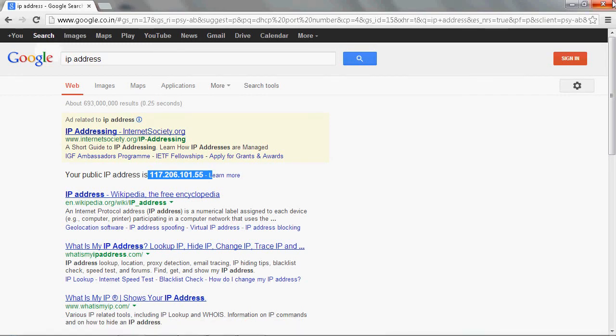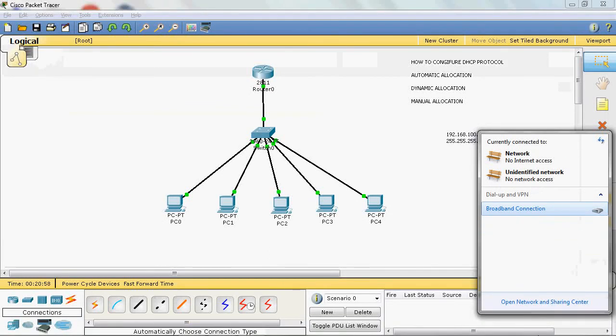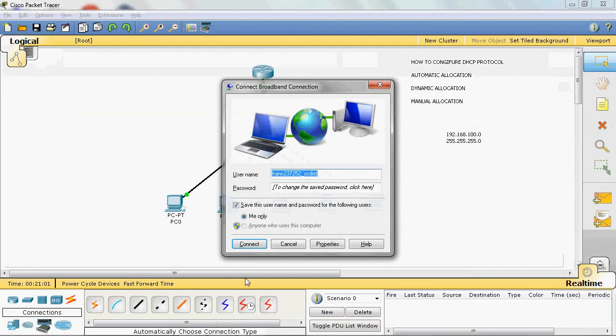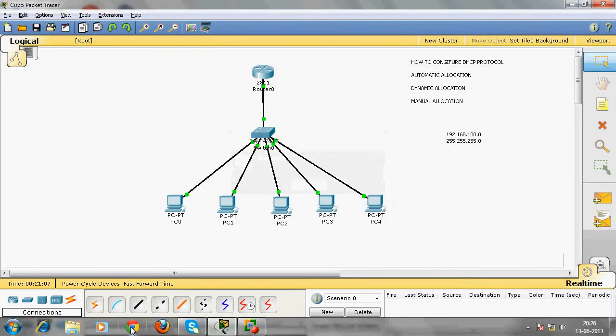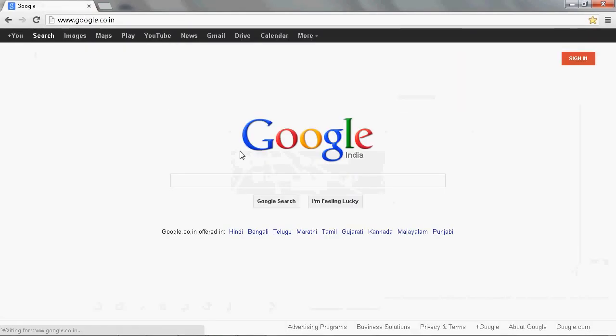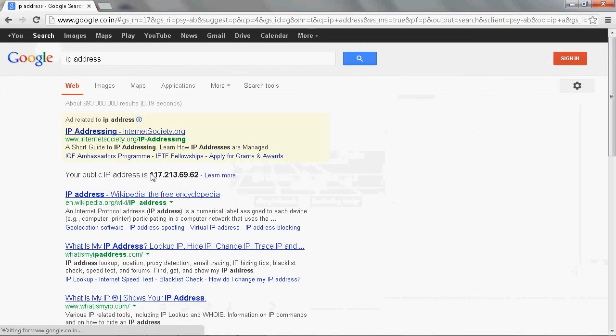Now I will disconnect my internet, and again I will connect the internet. I will get a different IP address. Yeah, here I get 117.213.69.62. So each time I connect and disconnect my internet, I get a dynamic IP address from the DHCP server. The DHCP server assigns the IP address to the host for a certain limit of